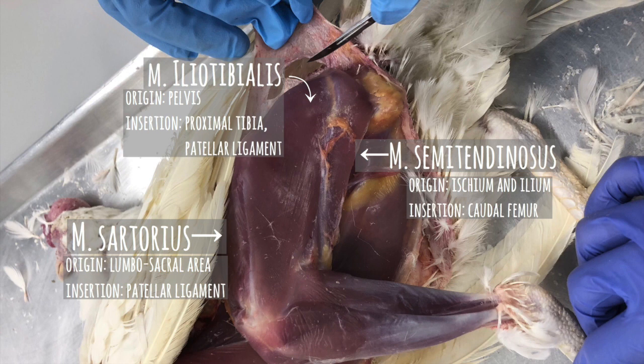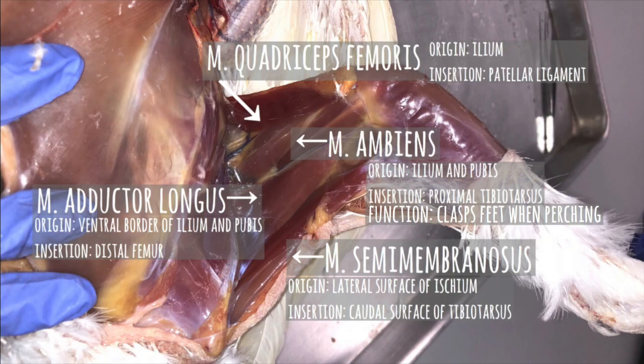As for the leg of a chicken, we have the M iliotibialis, which flexes the hip and extends the knee and lower leg. We also have the M sartorius, which flexes the hip and extends the knee, the M semitendinosus, which extends the thigh closer to the midline, the M semimembranosus, which extends the thigh and flexes the knee, the